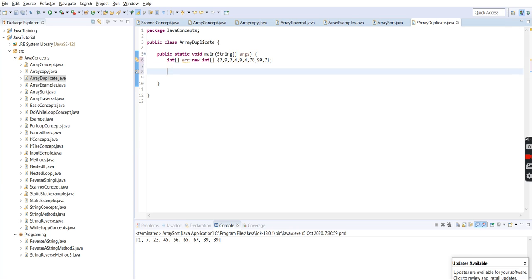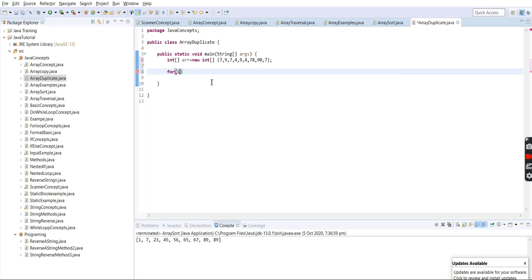To search for the duplicate value, we have to iterate through a for loop. To solve this problem, how we can find the duplicate element in the array, we have to use the concept of nested for loop, that we have already discussed in the previous lecture.